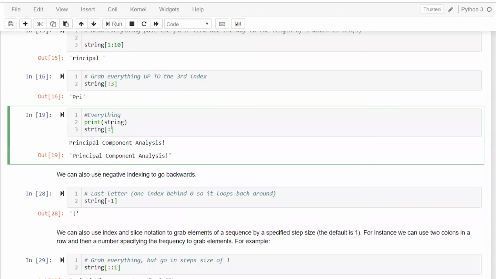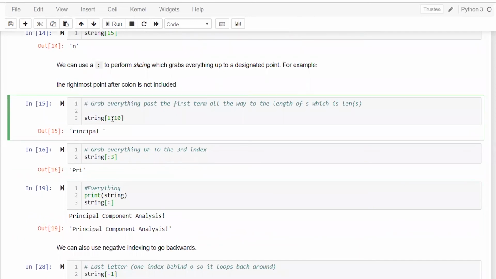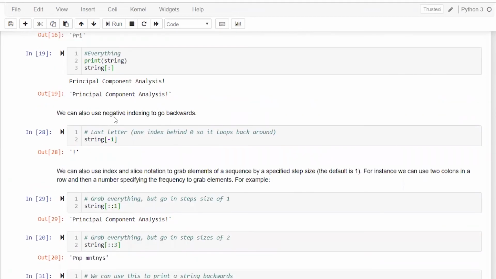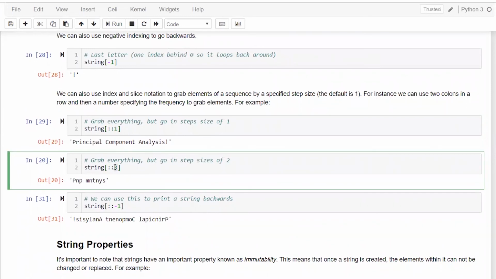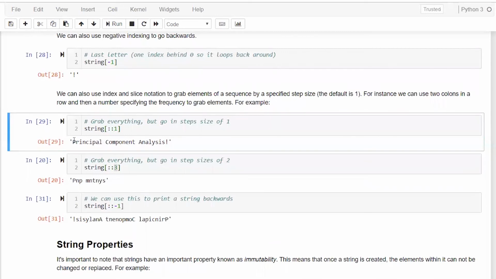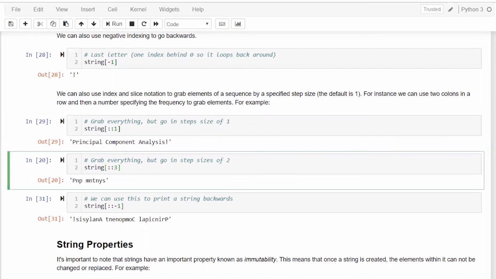So the role of a single colon is to help you extract a substring where you can specify the starting index and the ending index, which will not be included. So you should be careful of that. And the double colon will help you extract a string where you can go ahead in a particular step size, which you define here, and then grab. So basically, first character, skip two characters, pick the third one, then skip two letters, pick the third one, and move ahead until you run out of your string.